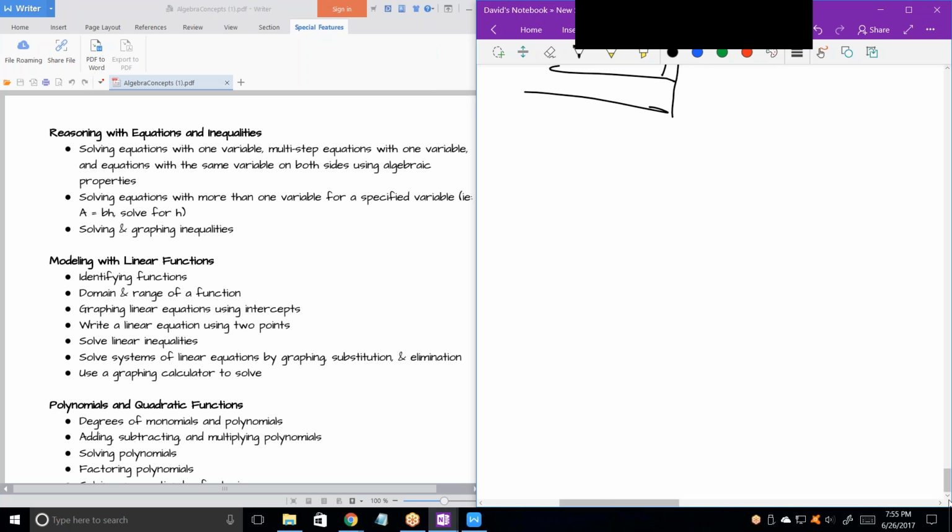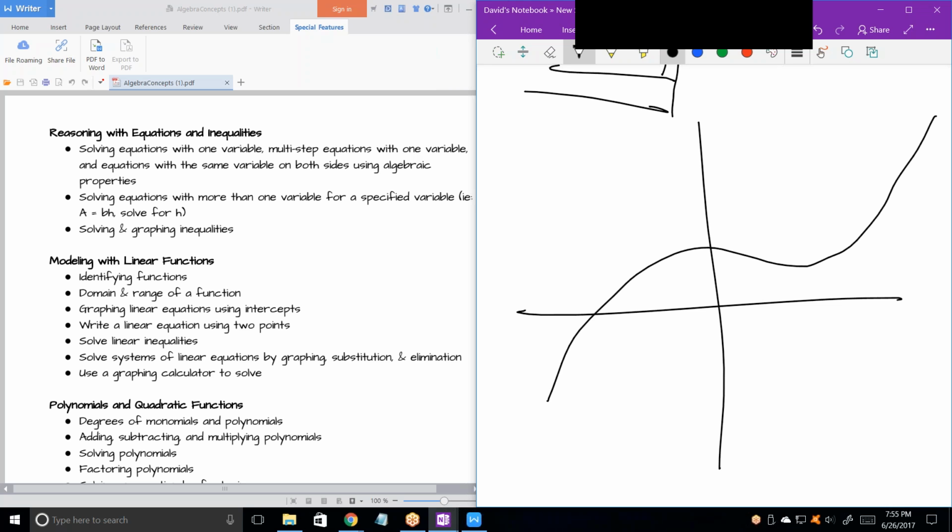Identifying functions. I'm going to draw some functions, and you tell me which ones are functions and which aren't. Just say yes or no. I don't know the difference, so. Okay. There's a very simple test to tell whether a function is a function, and that's called the vertical line